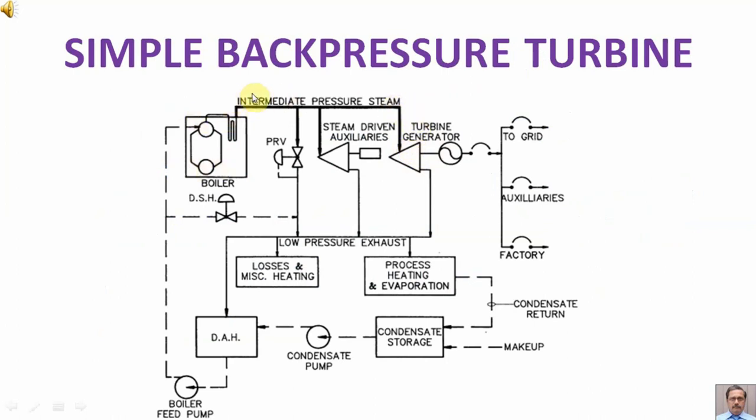From the boiler we are getting intermediate pressure steam which is being used to drive the turbine, which in turn is driving a generator. Exhaust of the turbine is being used for process heating and evaporation purpose, and from this we are getting the